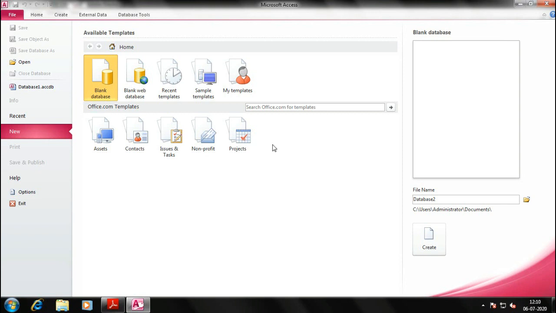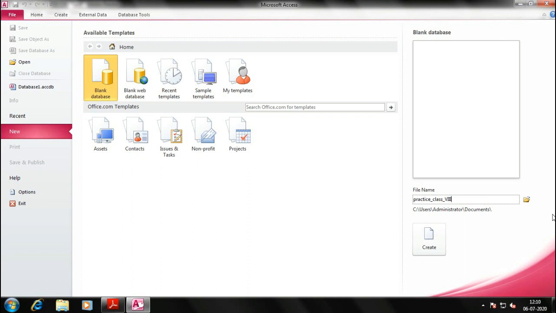Now the screen is there where some features or options are provided to you. You have to go to blank database because you are creating a blank database here. We'll give a file name here, that is practice class 8, sorry.